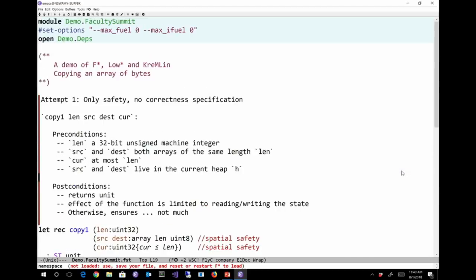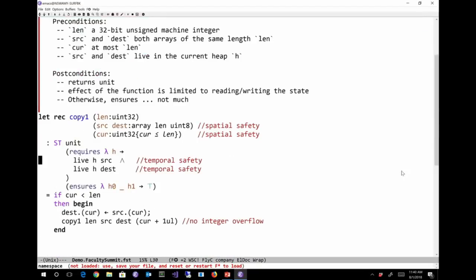This is F-star running in Emacs, and F-star program syntax superficially looks a bit like functional languages like OCaml or F#. But within this framework, you can encode other DSLs. So I'm showing you here a DSL that we have in F-star for writing C-like programs.